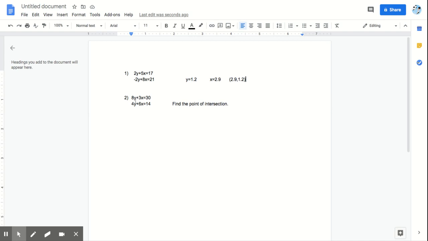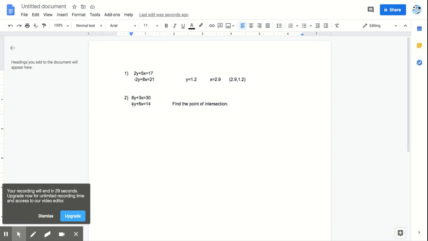Meaning you'll have to multiply this equation by a certain number to get the 4y to a negative 8y, or multiply this equation by a certain number to get the 3x to a negative 6x. Meaning you'd have to multiply this one by negative 2 to get negative 6. Or if you want to get negative 8 to cancel that with the y, then you'd have to multiply